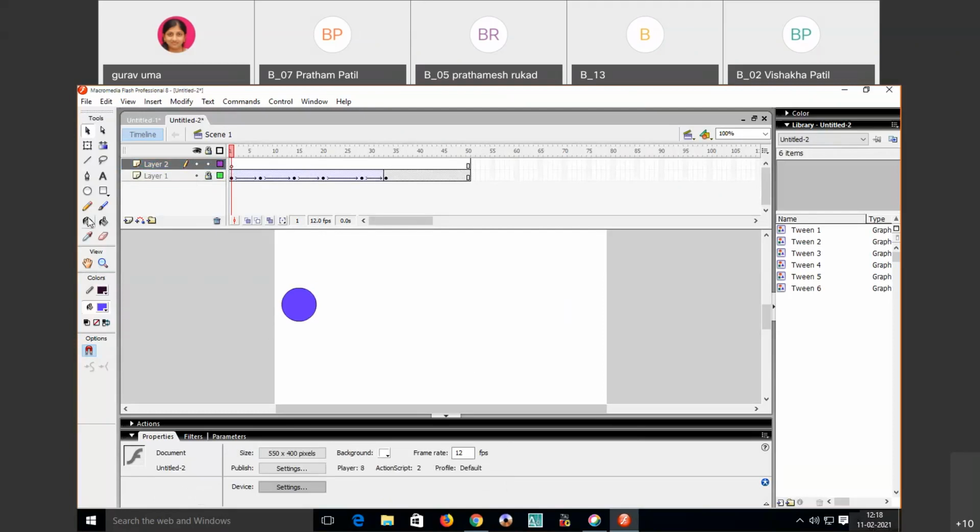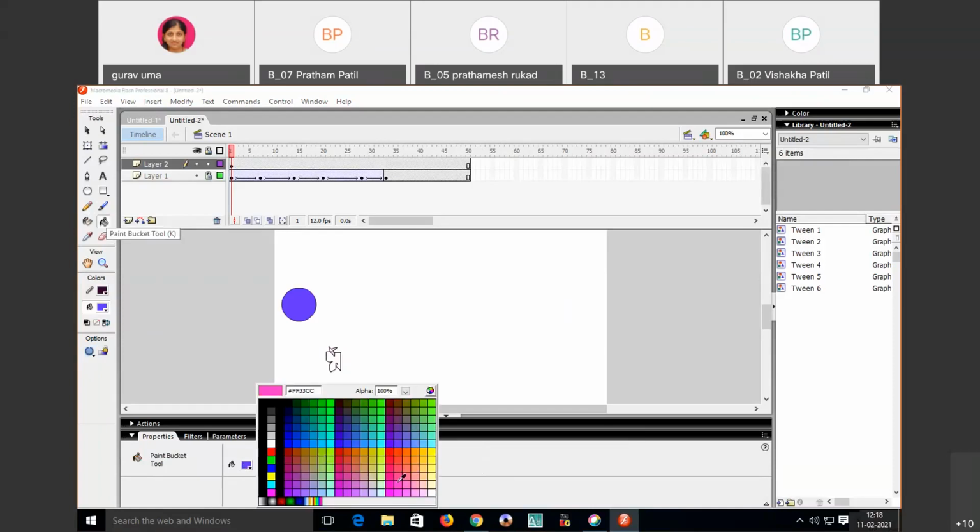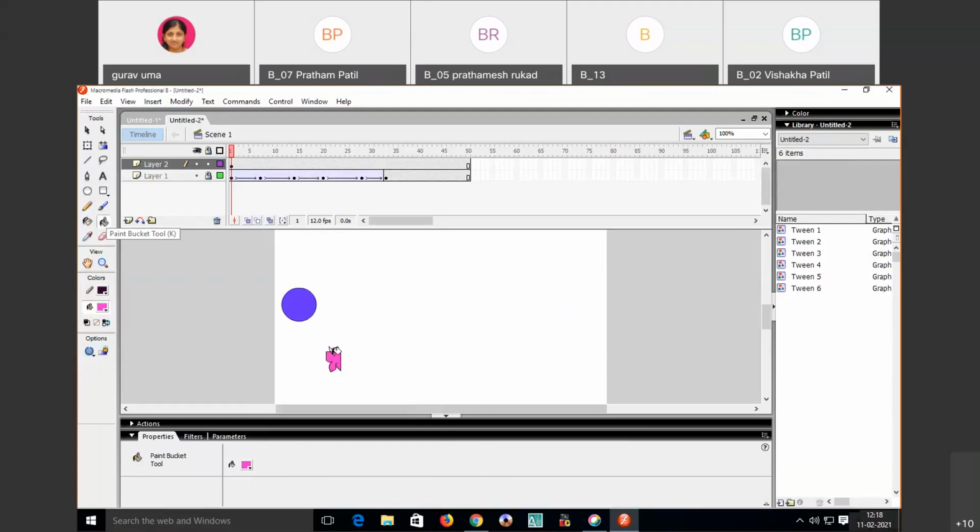So now let me draw one object here. So I have drawn something here. Let me give the color to that, pink color.